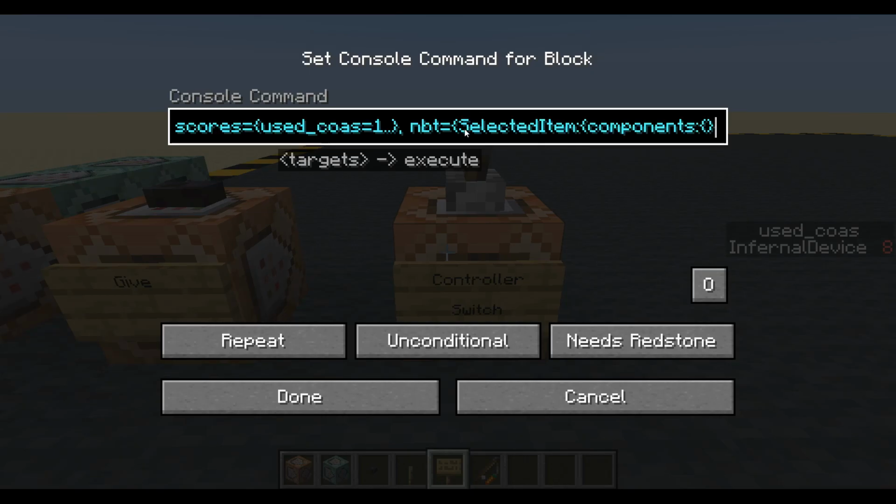And in there, we're going to be looking at Minecraft custom data. And after that, we have a colon. And we'll have open and close. And here's where I put my custom data. I said it was options true. Okay. So